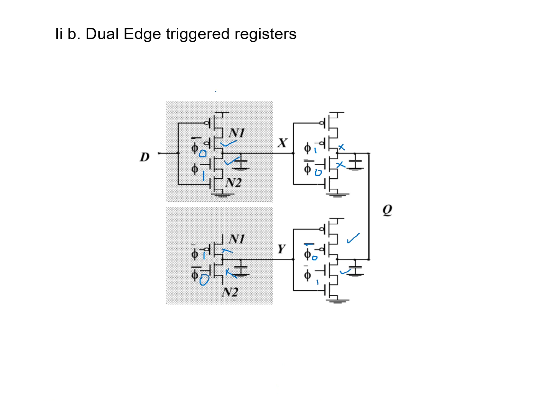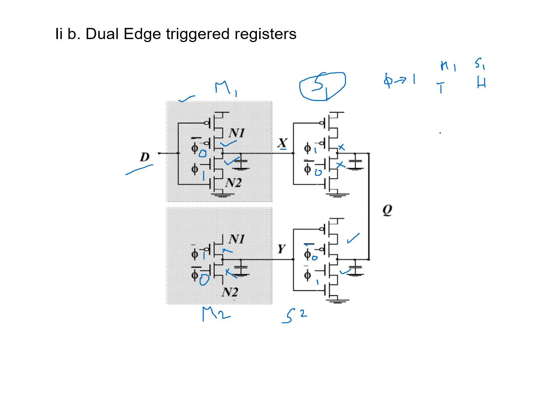Now this is acting as a master, this is acting as a slave. In this case the master is in transparent state, hence the data that is in D will be sampled at Q. Now your slave is in hold state. When my clock is 1, I am marking here master 1, slave 1, and here master 2 and slave 2. So when clock is 1, master 1 is transparent and slave 1 is in hold state.